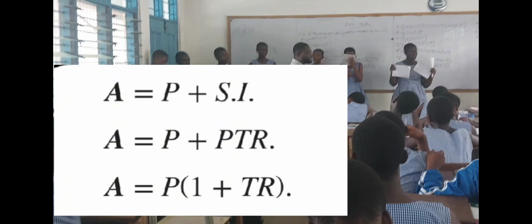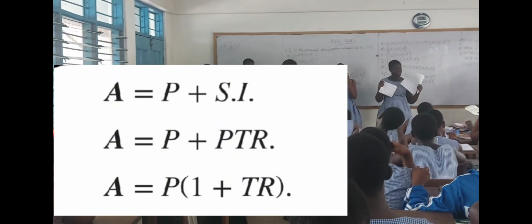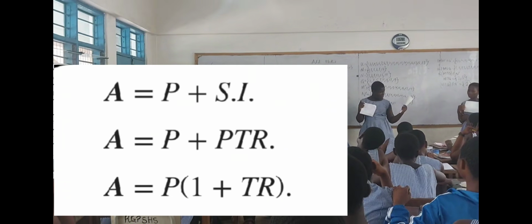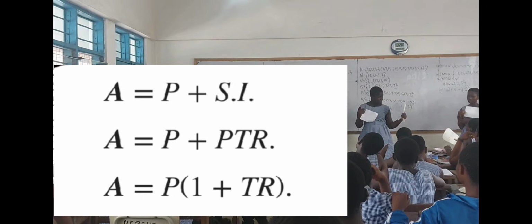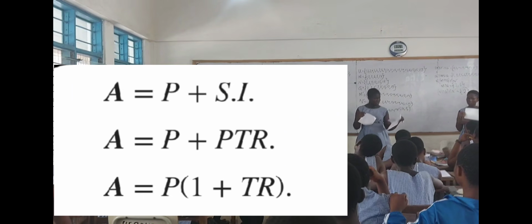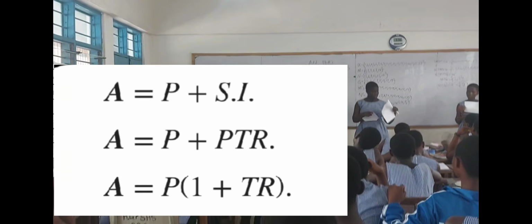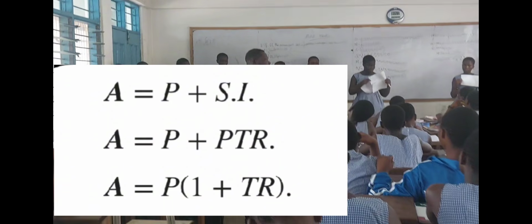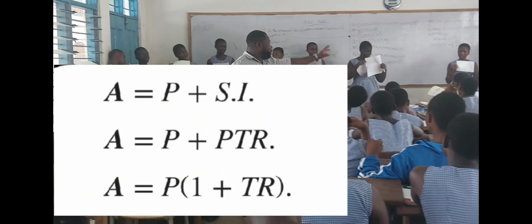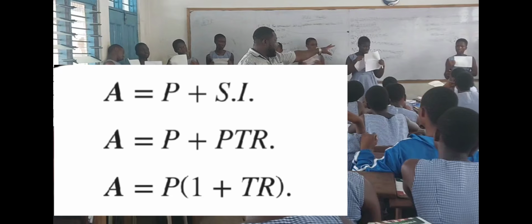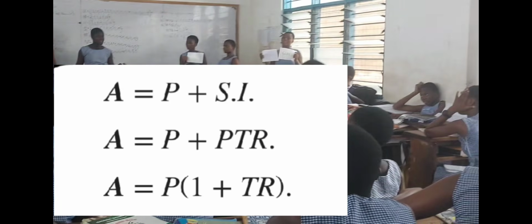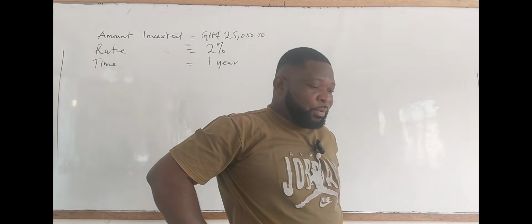So these are the cases where you're going to get formulas as A being equal to P plus SI, or P plus the interest, right? And then you also can have A being equal to P plus PTR. The PTR we are saying there is the formula for the simple interest, which is principal times time times rate, right? So A equals the principal plus principal times time times rate. Then when you factorize P out, you are going to get a formula also like A being equal to P out 1 plus TR, right? You're going to go through all of these things on the board. We are solving the first example, and the question: